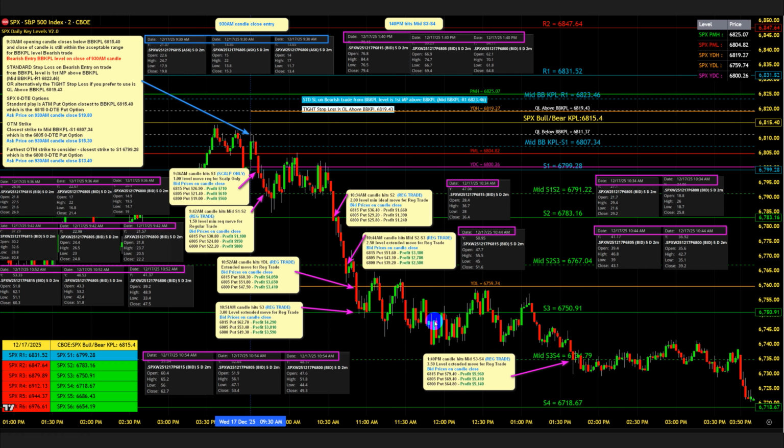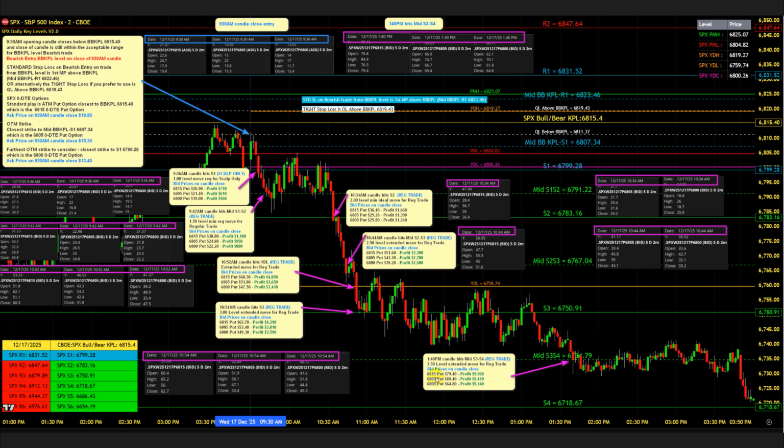And so this is still fairly bearish price action here. And so here, as you can see, we went back up and could even touch the YDL here, and then we're falling back off. And then here at the 1:40 p.m. candle, we finally hit the mid S3, S4 level,